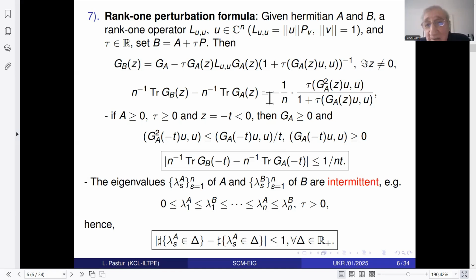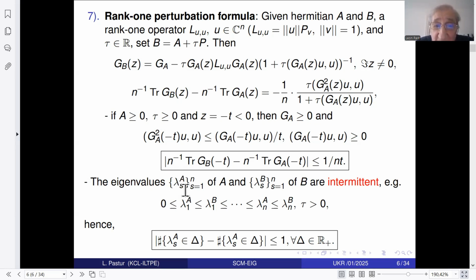So this is a general thing, but of course there is a denominator, which you have to be sure is not zero. But if, for example, both matrices are positive definite and the number tau is not negative, then you can easily compute the difference, and bound the difference by a quite nice and simple expression. And I will use this heavily in what follows. And just looking at that formula, you can derive quite important properties of the eigenvalues of B and A, which are written here.